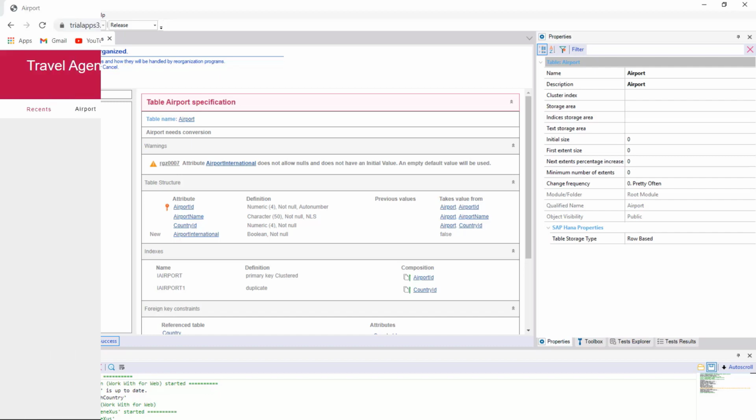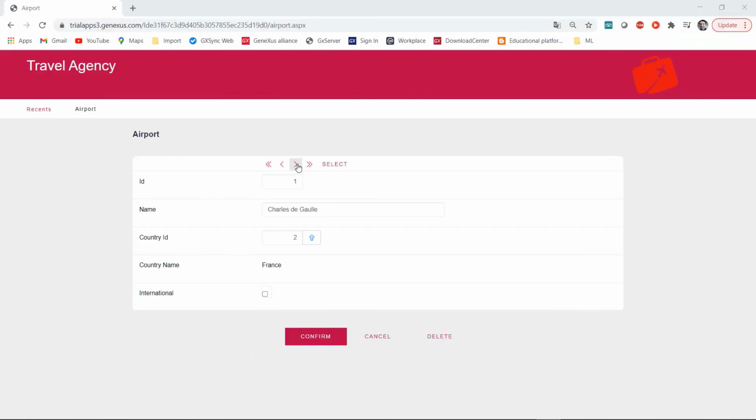If we look at the records previously entered in the airport table, we see that in all of them, it assigned a false value to this new attribute, since it's the default value assigned to this type of data. If we want to enter a new record from the transaction, we can see that by default, it's set to true, as we assigned it in the rule, but it doesn't apply to the records that we already had. When this attribute is created, how can we have all previous records set to true?